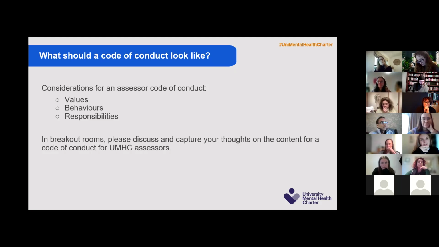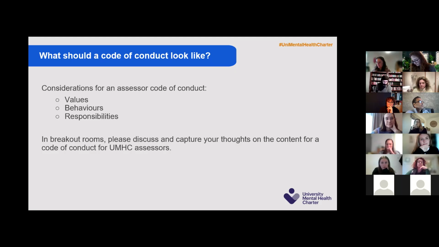Joe? I think we have a professional responsibility for knowing our own capacity and managing our own well-being, and that if we're taking on an assessment, we've done that, knowing that we've got full spare capacity. And that we are looking after ourselves throughout that process and each other. So I think it's about responsibility for our own well-being and the well-being of the wider assessment team.